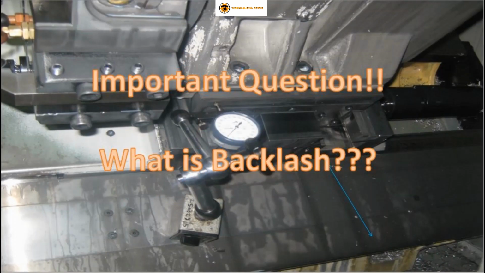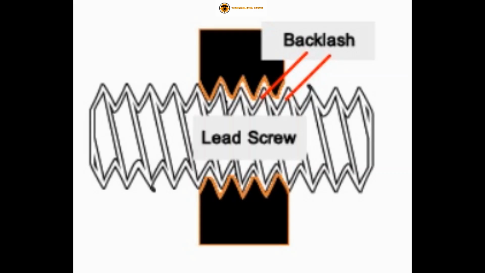Now what is backlash? Backlash is the result of relative movement between interacting mechanical parts of a drive system that does not produce output motion. That means it can be defined as a motion loss during to and fro of an axis, ball screw or lead screw, which results in backlash in the machine. Here you can see a lead screw and a ball nut. The marked position in orange and the teeth of the lead screw, the difference between both of them is the backlash of the lead screw.